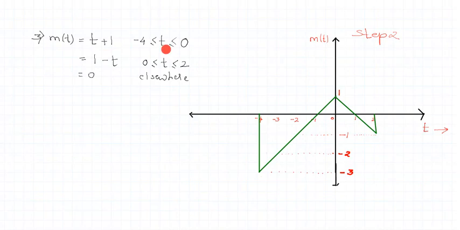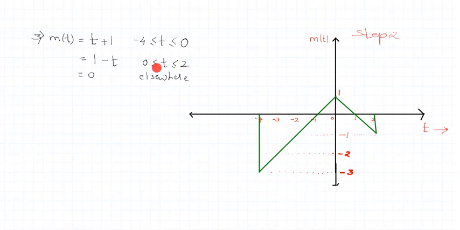Put the next time instant now, -1. So -1 plus 1, resulting magnitude is 0. So at -1, if you see, the signal is crossing a magnitude of 0. Right? So at -1, the magnitude of the signal is 0. What happens at 0 now? So at 0, the magnitude is 1. So the way I had told you, plot these points, mark these points, and then later on you can join these. So at 0, it is 1. Now look at the other half of the equation.